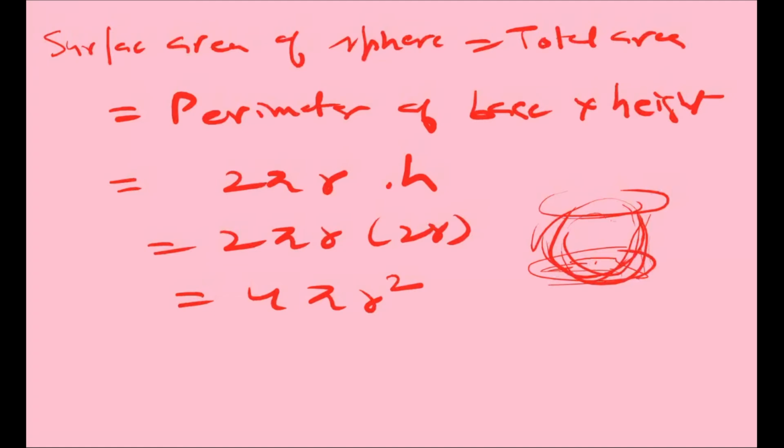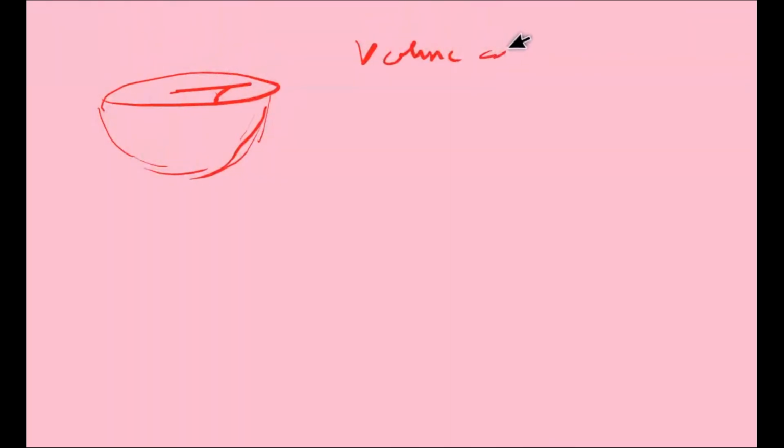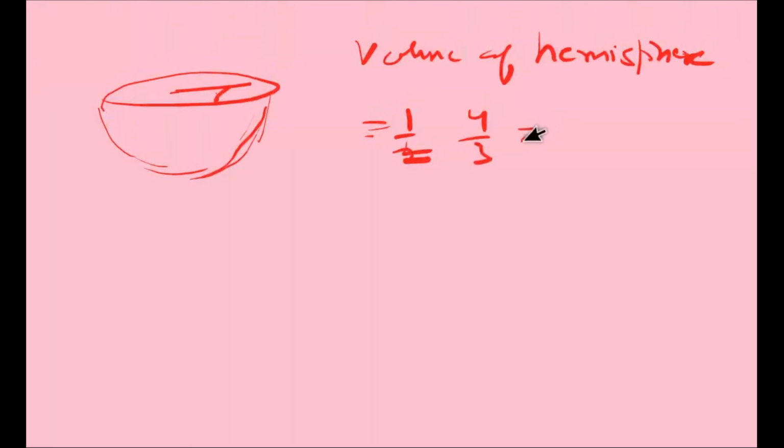Now I am talking about the hemisphere. Now it is a hemisphere and this is the radius. Now you can say the volume of a hemisphere. Hemi means half. That is half of the full volume. The full volume was 4/3 pi r cube. So what is left here? 2/3 pi r cube. 2 is cancelled here.